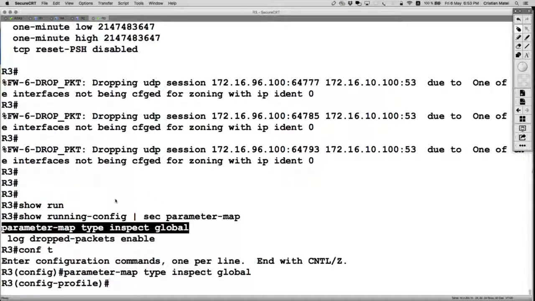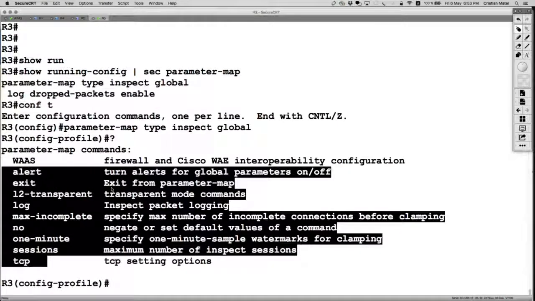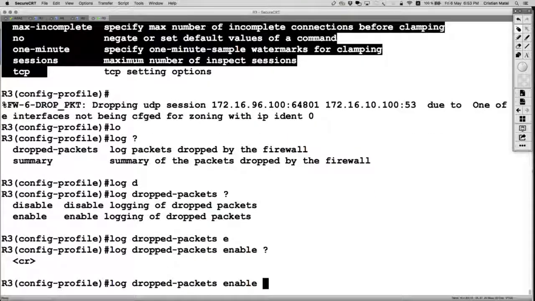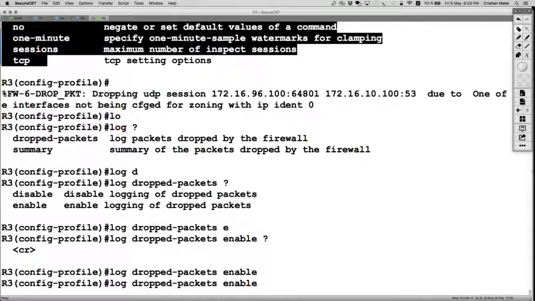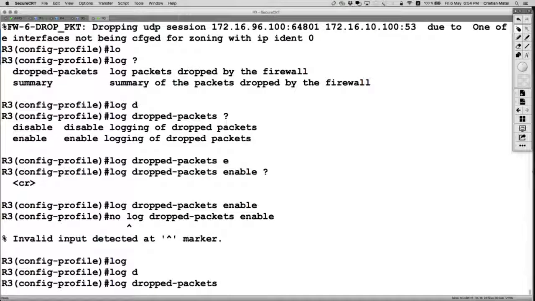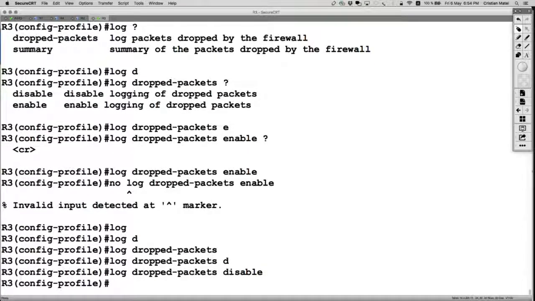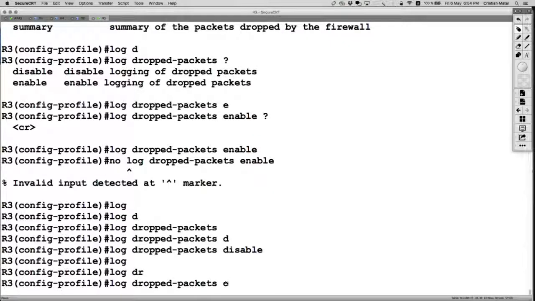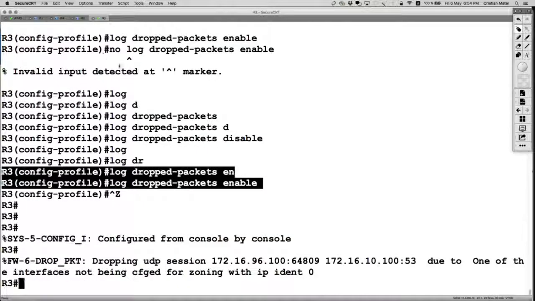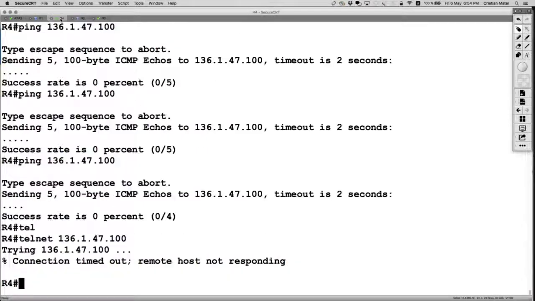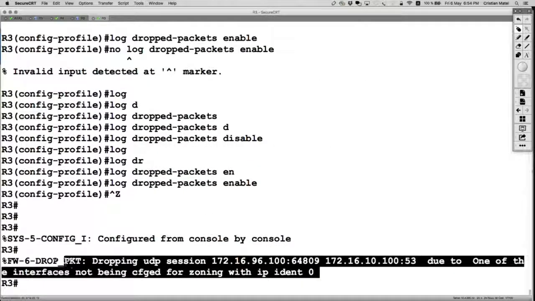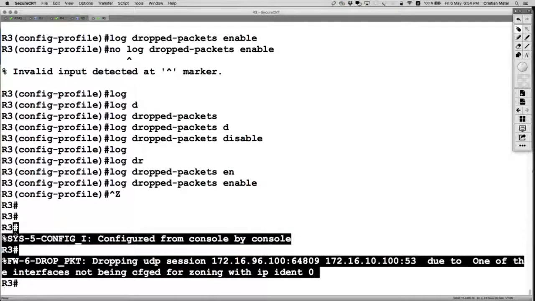Let me do one more thing. Let me disable it and put it back. Log drop packets disable and log drop packets enable. If we don't see it, it may be something different in this code. Let's go again on router 4 and try to initiate the session again. It doesn't seem to show up,